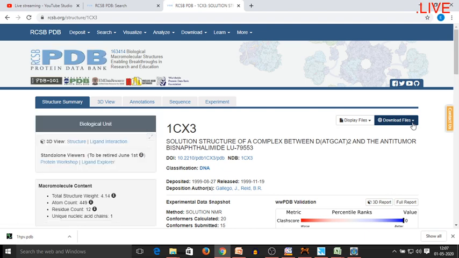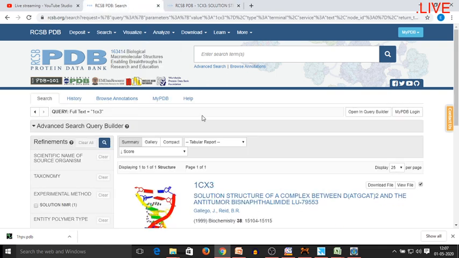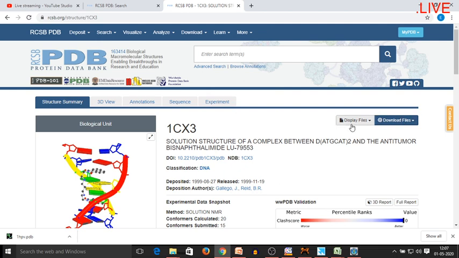Many of the researchers, to whom I have conveyed this same seminar, told me, sir, you have mentioned that alphanumerical code, but there are some codes which display such a format and there is no option of downloading. So how to do that? This is how you can carry out the downloading of that file.